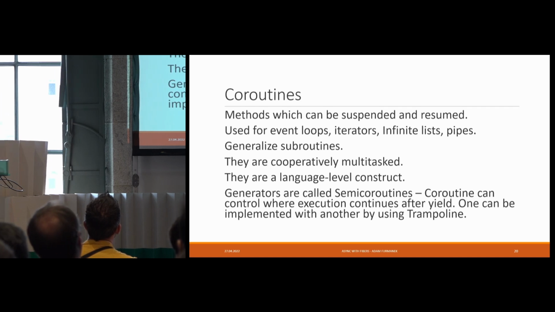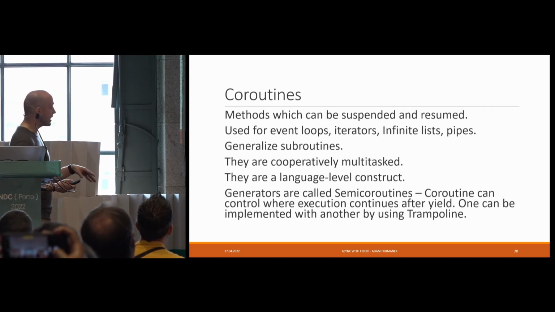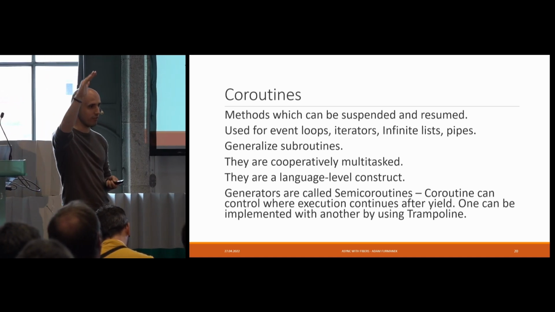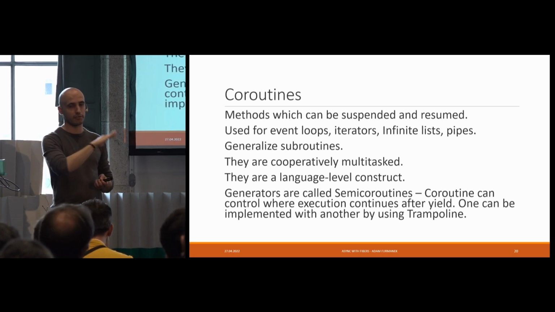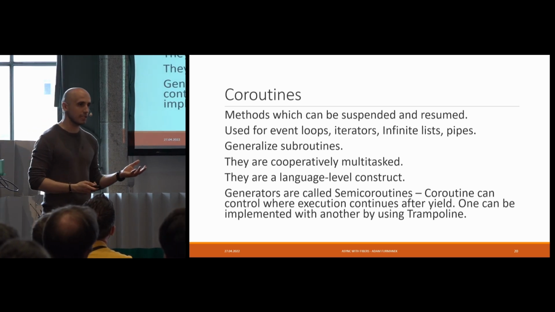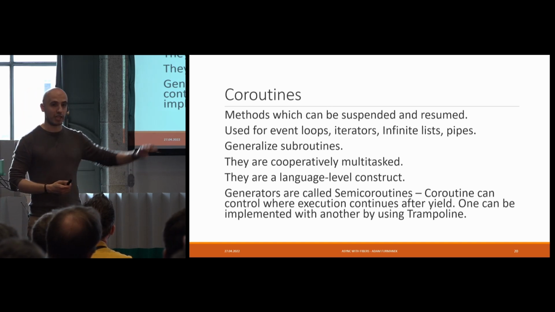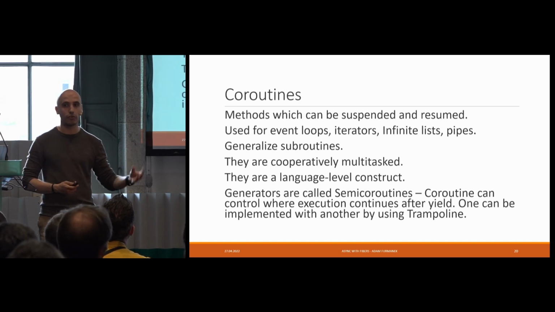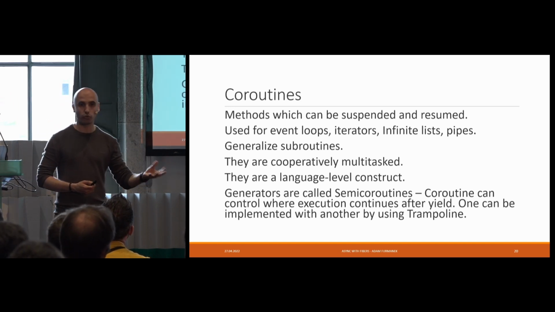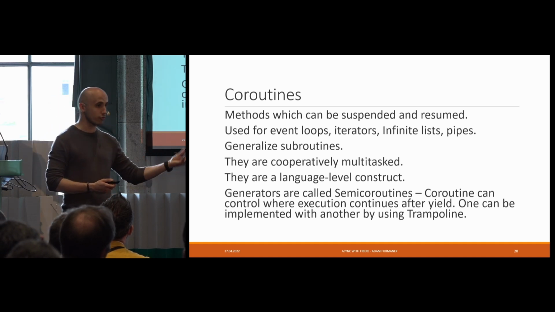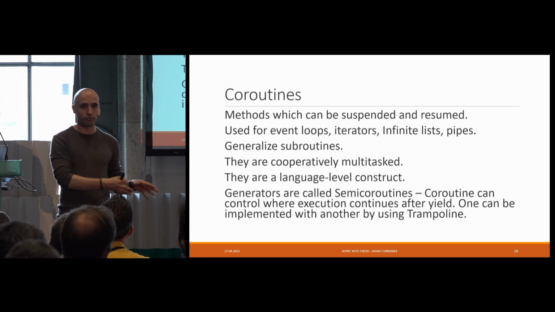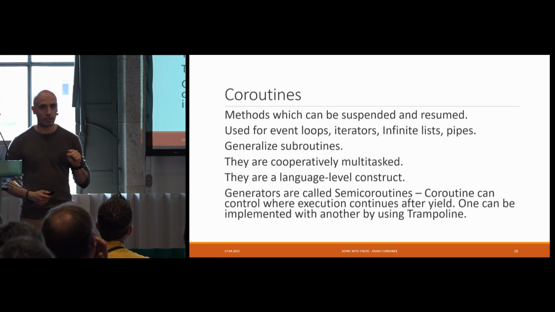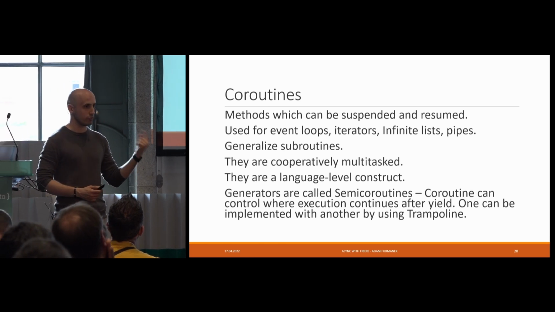We can go with a thing called coroutines. Instead of having a method which is executed just once from the very beginning to the very end when there is the return keyword, we can come up with a method which can be suspended and resumed, and a method which can return a value multiple times. This is called a coroutine. Generally, a single routine is basically a very specific case of coroutine which returns just once. Meaning that a coroutine can decide when it wants to return a value.